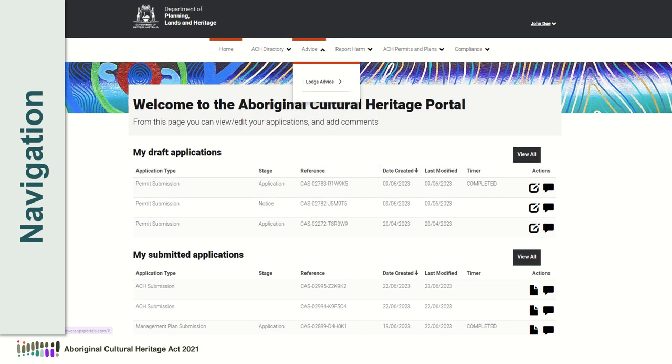The advice function is going to be very useful for people to ask very specific questions, because you can map that advice in the map tool when you go into lodging the advice. This is going to be very useful for queries that are very specific about an area. It might be about requesting information about who the knowledge holders are, requesting information from the directory about a specific area, queries about a process,